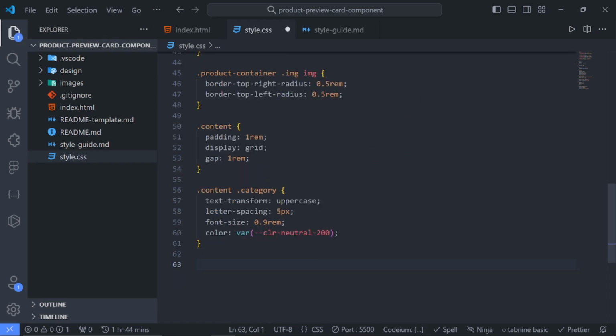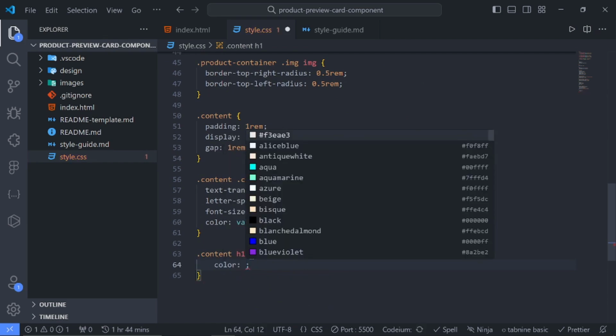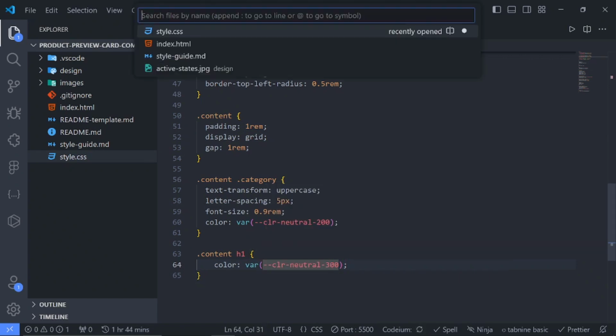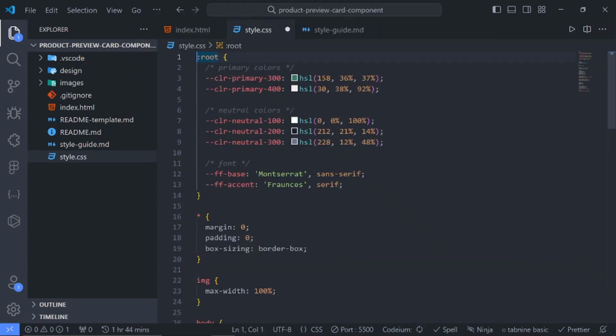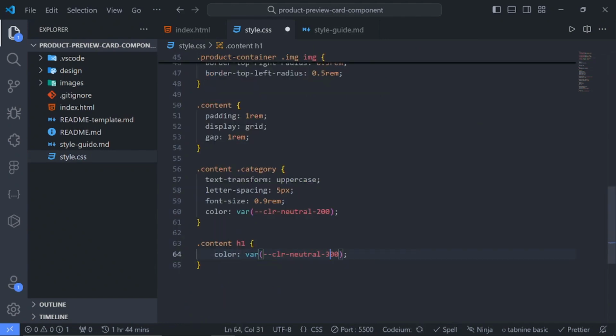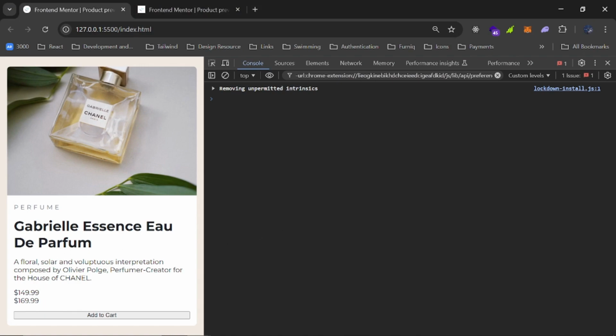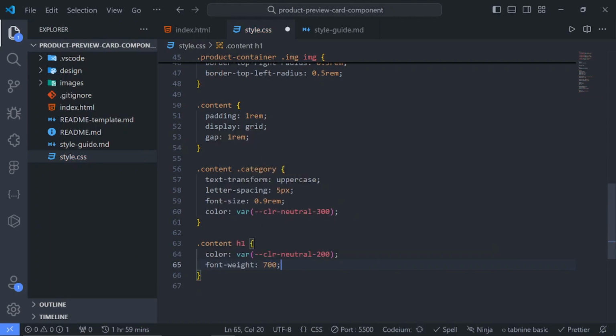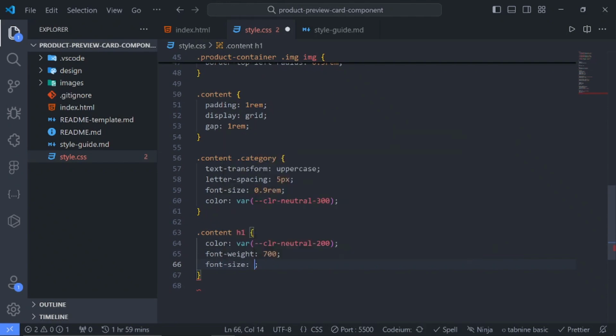Then for this header, we can say this should be content h1, and set the color to this neutral 300, and I'm thinking it's neutral. Let's check. Let's go back and see. Okay, so it's actually neutral 200. So let's say this should be 200. This should be 300. Let's see how it is. Okay, this is much better. Then we can add the font weight of 700, and the font size we just set it to 2 rem,